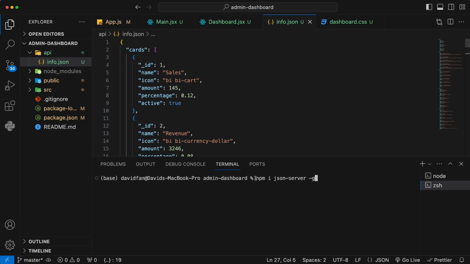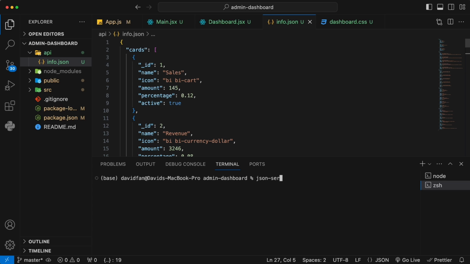If you are using Mac, you probably want to key in sudo before this line of code. Sudo allows you to install things globally, and you have to type in the password of your computer for it to be executed. Alright? So once you've done that, because I already installed a JSON server, there's no need for me to install it again. But once you install it, you're supposed to run this file by typing in the code like